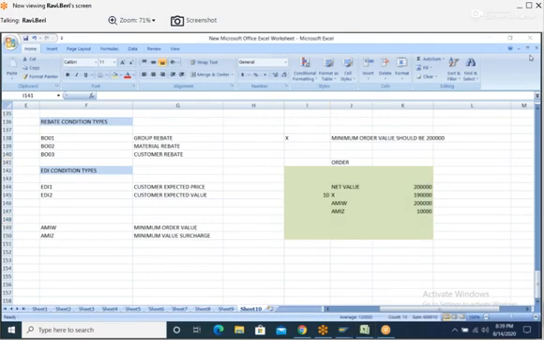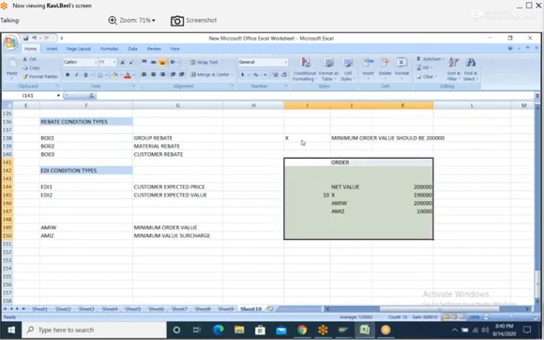If customer wants to give some minimum value for any material. Customer has placed order for X material, minimum 2 lakhs. Otherwise, they will not supply. If you want to supply that, then the system will add that surcharge and make the net value as 2 lakhs. So here X material minimum order value should be 2 lakhs.